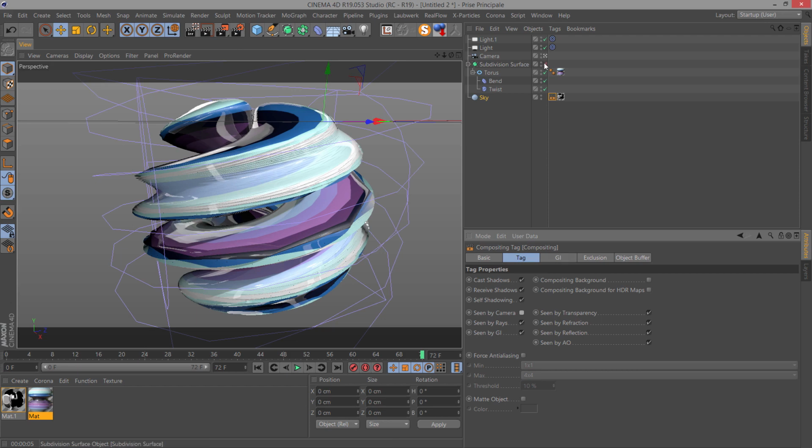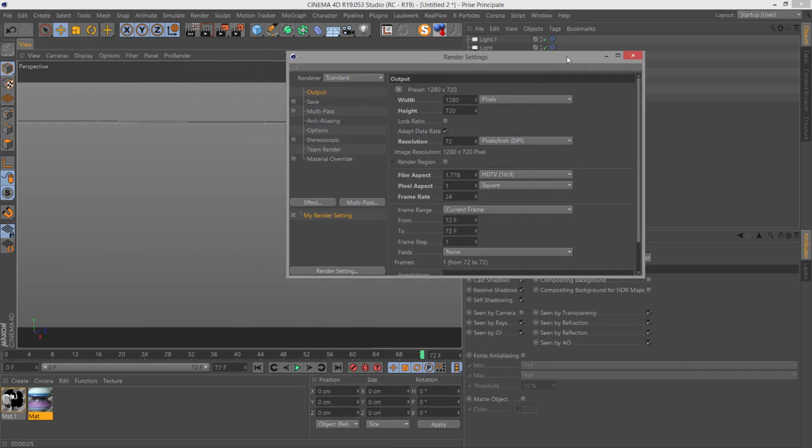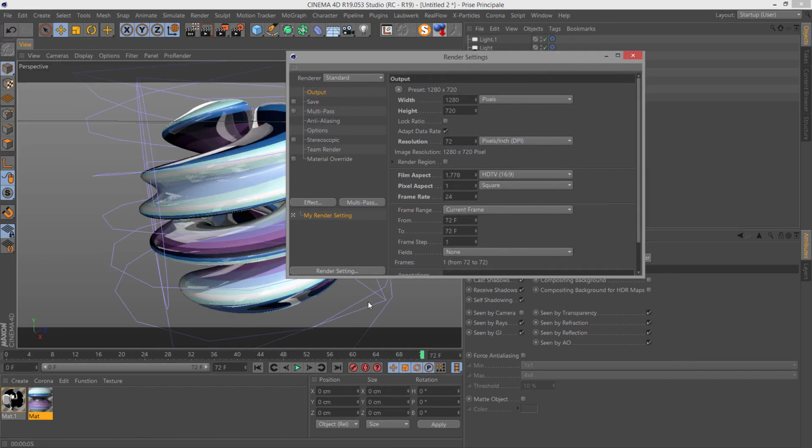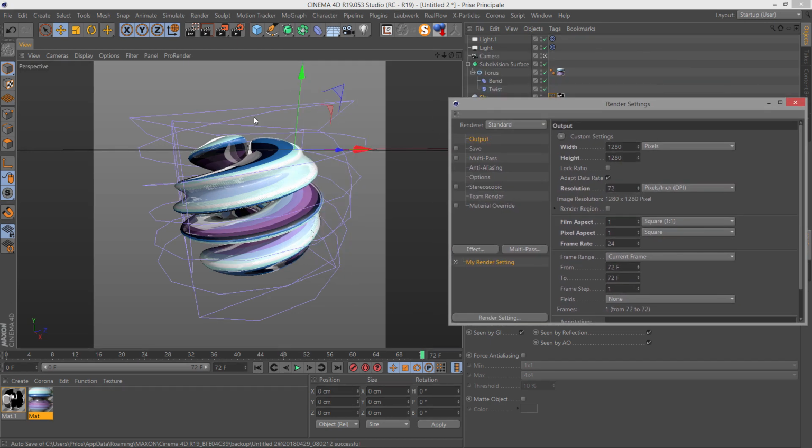Go enable back subdivision surface and go to render settings. If you did animation here, you put all frames, but for me it's current frame, it's okay. I will make it a square, 280 by the same. So I need to replace my camera now.